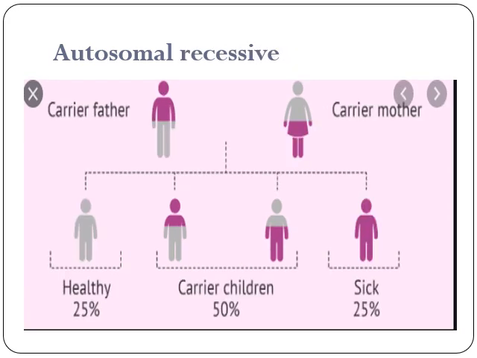Now talking about autosomal recessive, in this both parents are carriers. A carrier father marries a carrier mother, and as a result, what will happen? Among the children, 25% are healthy, 25% are sick, and 50% are carriers. So this was the result of autosomal recessive. So in hereditary spherocytosis, most commonly they are autosomal dominant, but a few cases can be autosomal recessive.